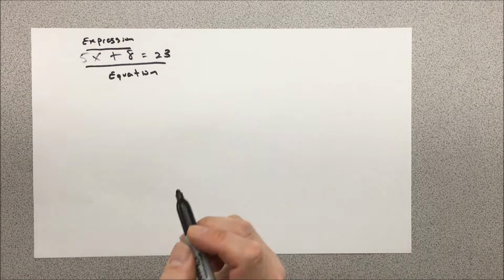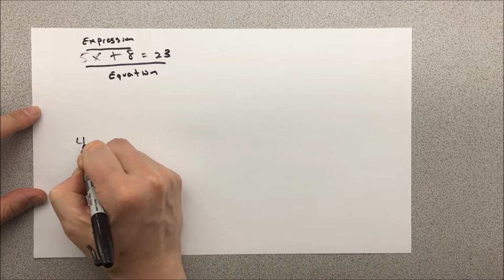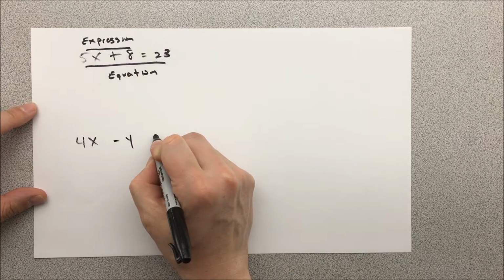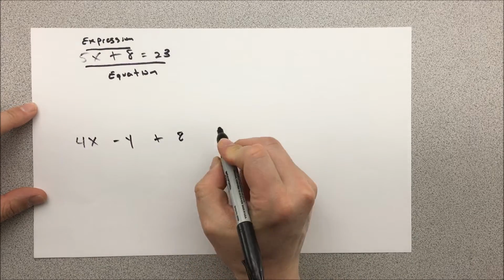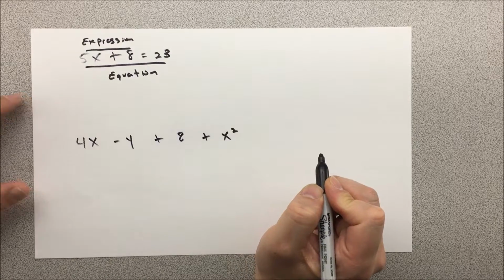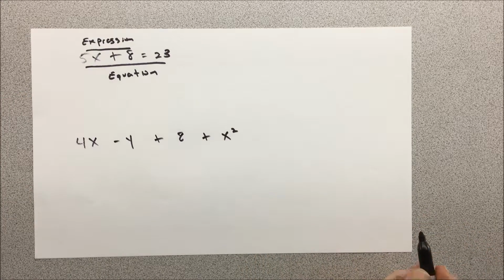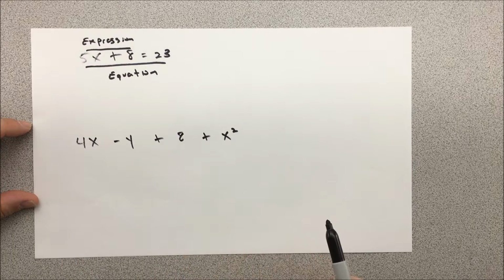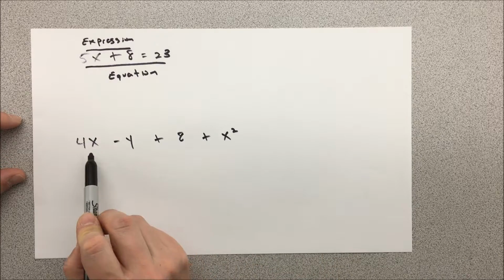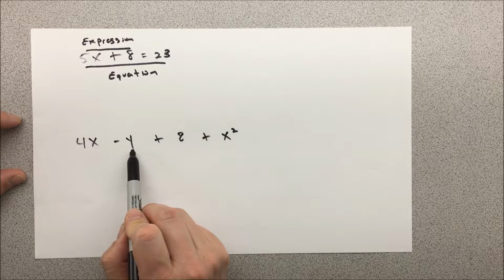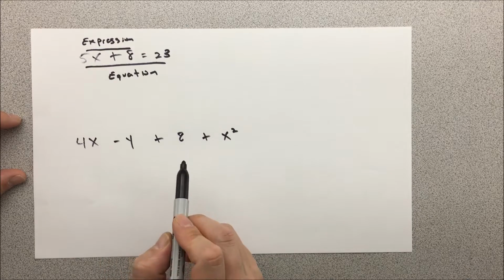Let's take another example. 4x minus y plus 8 plus x squared. Here's a case where there are 4 terms, 1, 2, 3, 4, and they are separated by a plus or minus. So 4x is separated from y with this minus sign, just like this negative y is separated from 8